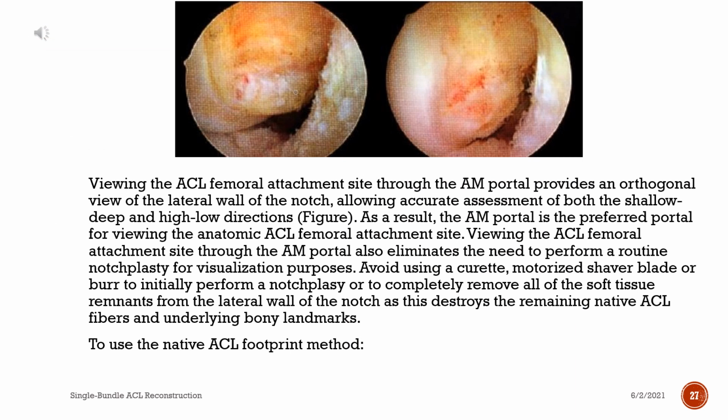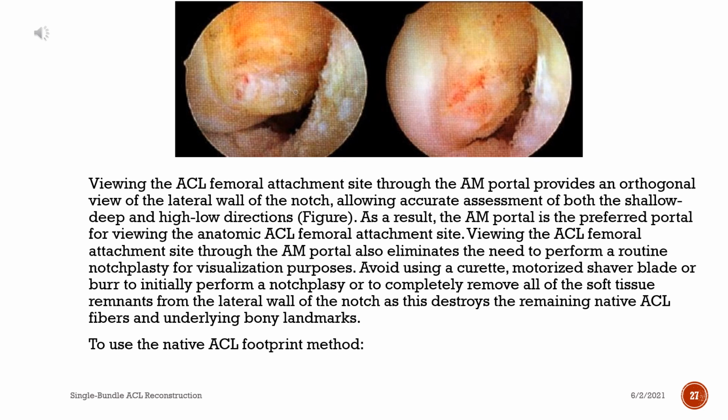Native ACL footprint. Viewing the ACL femoral attachment site through the AM portal provides an orthogonal view of the lateral wall of the notch, allowing accurate assessment of both the shallow deep and high low directions, figure. As a result, the AM portal is the preferred portal for viewing the anatomic ACL femoral attachment site. Viewing the ACL femoral attachment site through the AM portal also eliminates the need to perform a routine notchplasty for